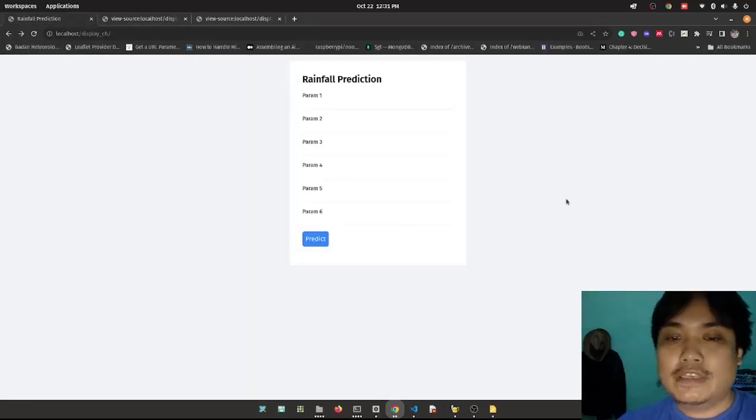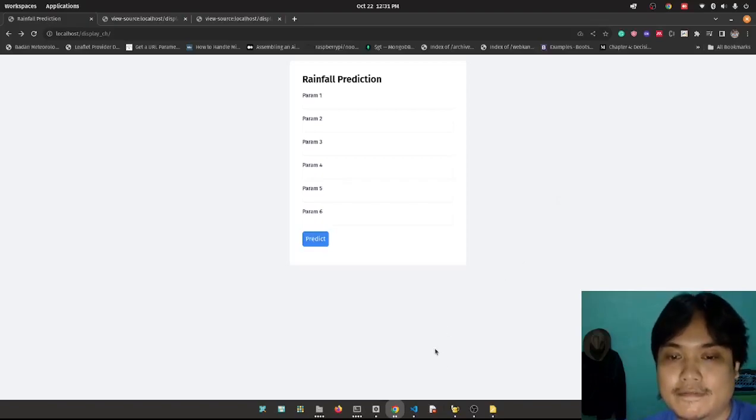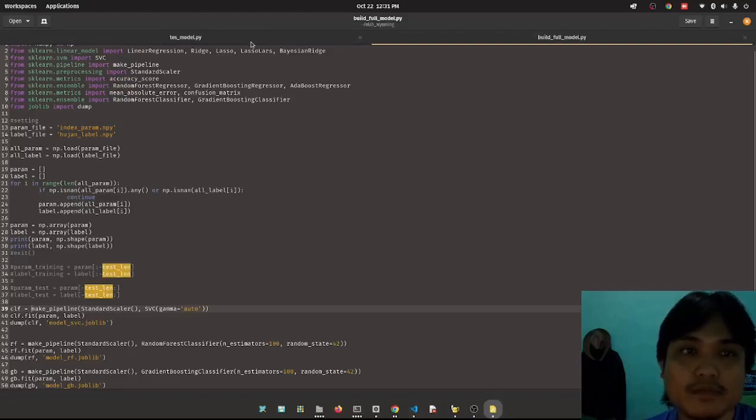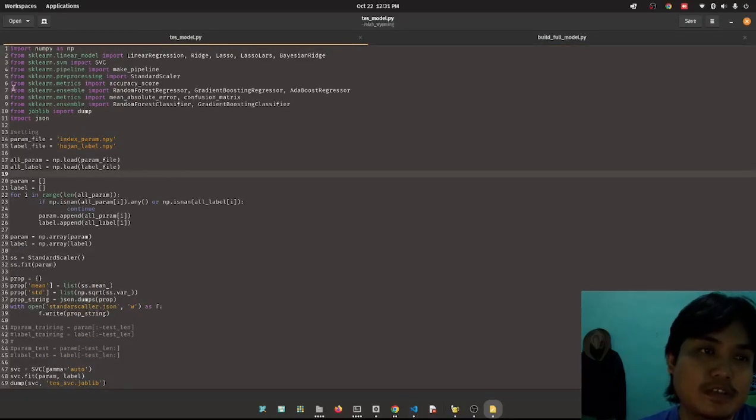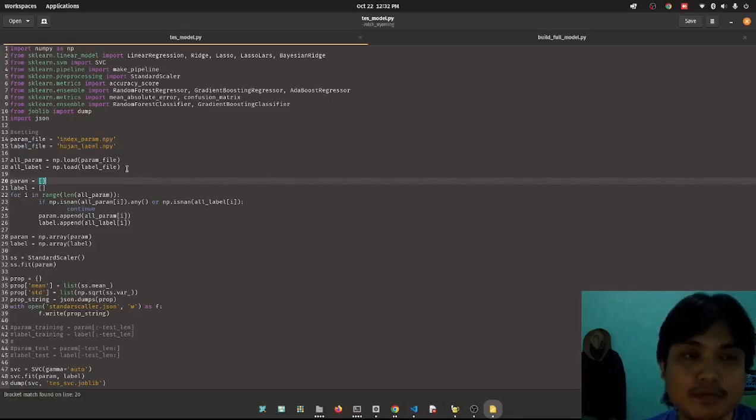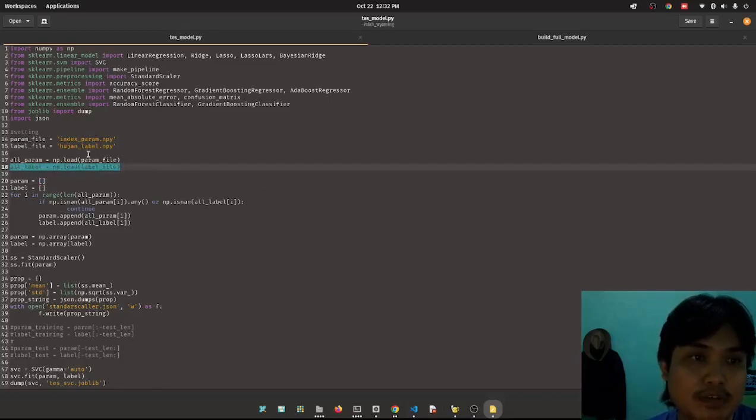So now let's do the code of conversion. Okay, before conversion, of course we need to build the model, right? So here, this is just simple code to build the model. This is just a simple parameter, and this is just a simple label. So in here, there are 6 features, and here I load the file,